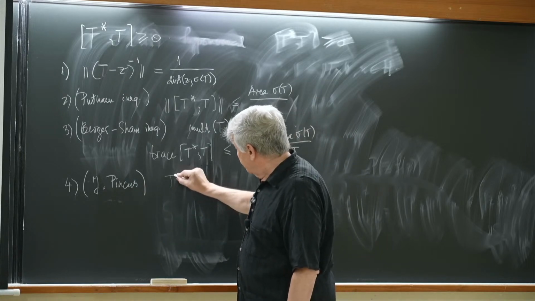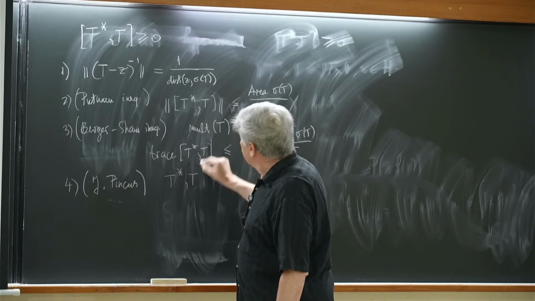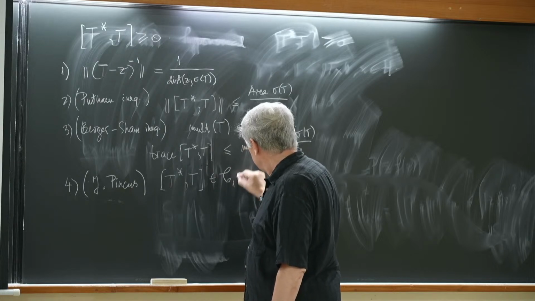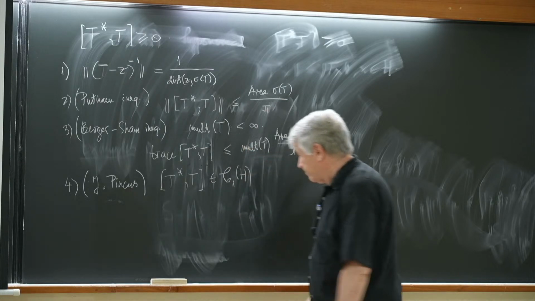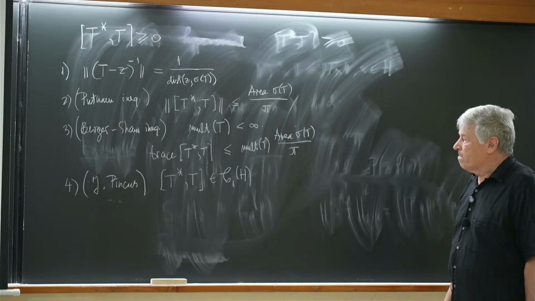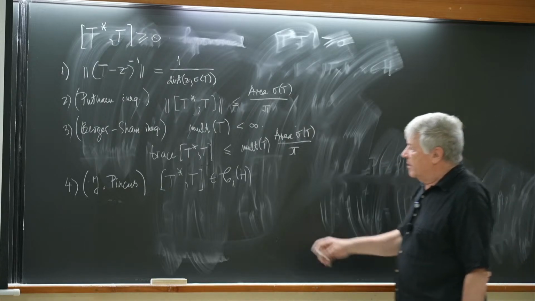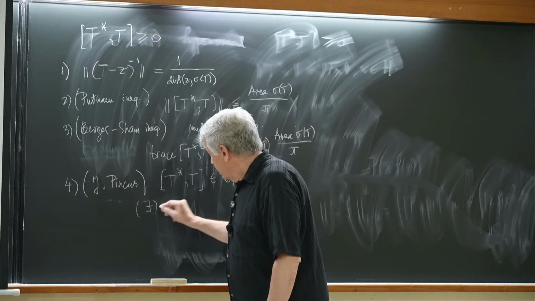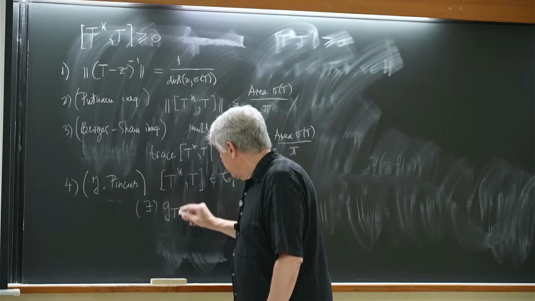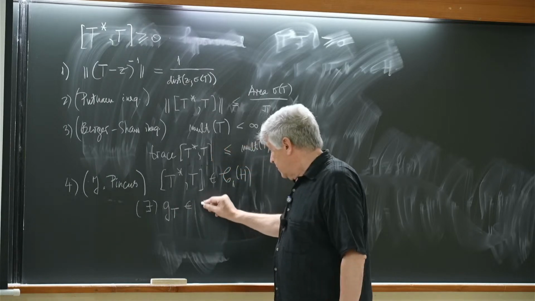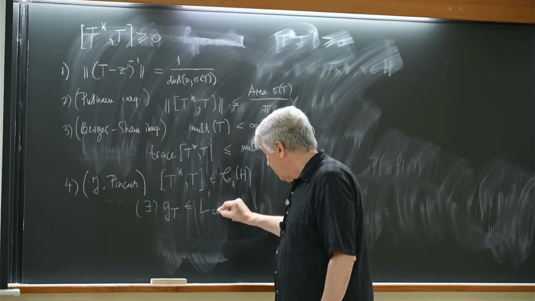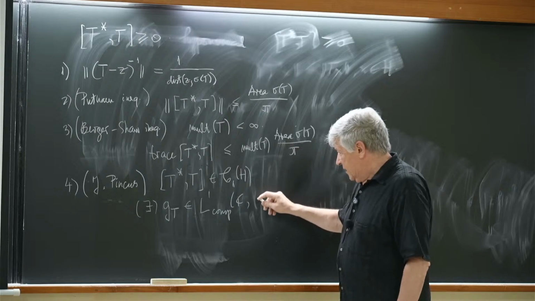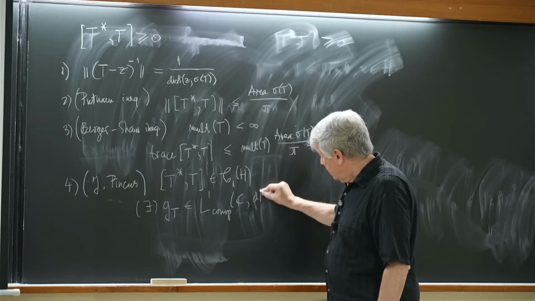Suppose that T is hyponormal and this is trace class. I'll write in short like this. Then there exists g of t, a function in L1 with compact support in C with respect to the Lebesgue measure,